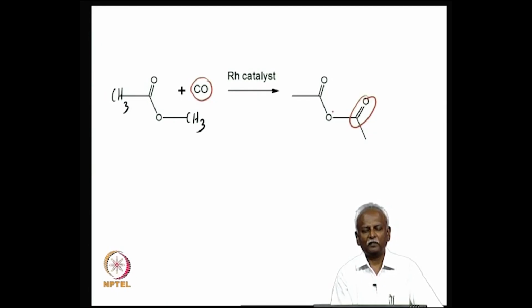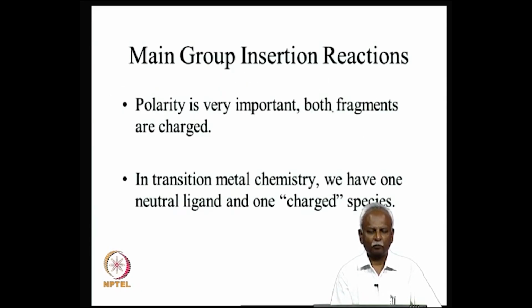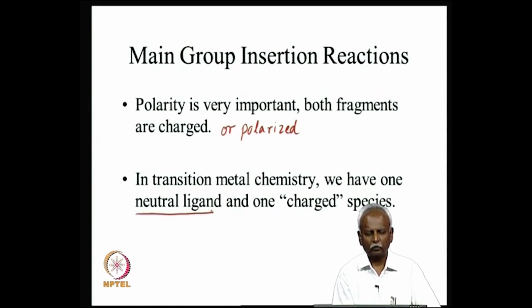So, it is very important for us to understand such insertion reactions where there is hardly any polarity change that is bringing about the transformation. It is primarily the ability of the metal which is able to bring about the insertion of a neutral organic moiety. So, in main group insertion reactions, the polarity is very important. Both fragments have to be charged or polarized, and this is very important. Whereas, in transition metal chemistry, very often you have a neutral ligand that is undergoing insertion reaction. So, neutral species can be added using organotransition metal chemistry, whereas polar compounds can be added using main group organometallic